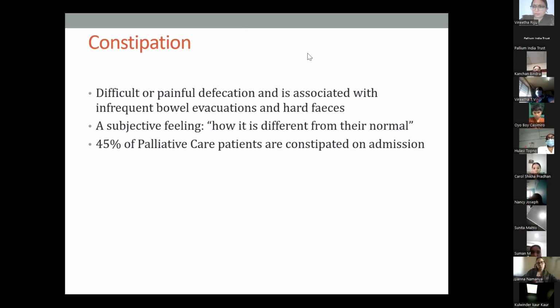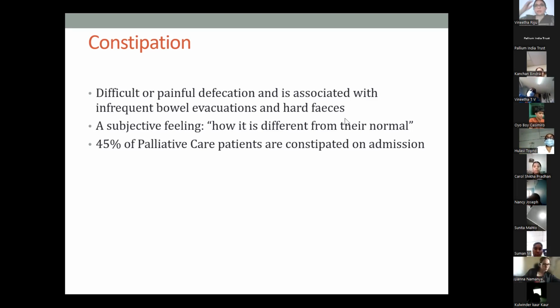Yes, you ask about food intake. You want to find out whether it is exactly a constipation. Yes. When was your last bowel movement? When was the last time that the stool was passed? Yes, Ms. Laina and Mr. Sumit, thank you for that. These things are going to tell you, differentiate it from whether it is actually a constipation.